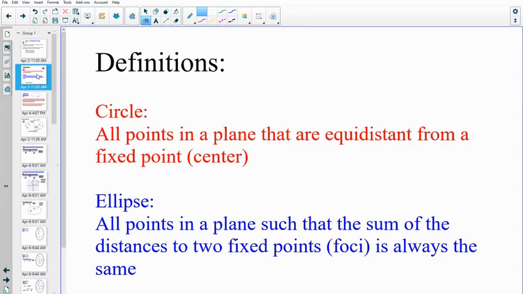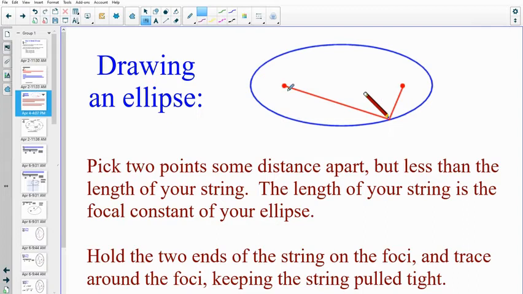My definition of a circle, which is old news at this point, is all the points that are equidistant from a fixed point, whereas an ellipse is all the points in a plane such that the sum of the distances to the two fixed points, which we call foci, is always the same. In other words, if these two red dots are the foci of this ellipse, the sum of these two lengths